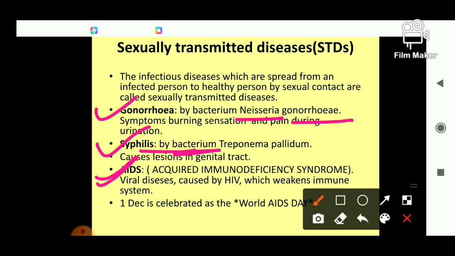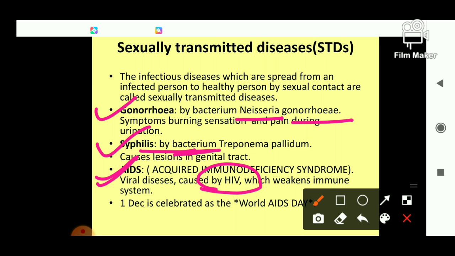Next is AIDS. The full form of AIDS is acquired immunodeficiency syndrome. The disease AIDS is caused by a virus that is called the HIV virus, right? It is a fast spreading incurable disease which weakens the immune system of the body. The main symptoms of this disease are damage of the brain, unexplained fever, unexplained loss of appetite, unexplained loss of weight over a short time, chronic diarrhea, cough, night sweat, shortness of breath and severe weakness. Symptoms are not fixed, right?